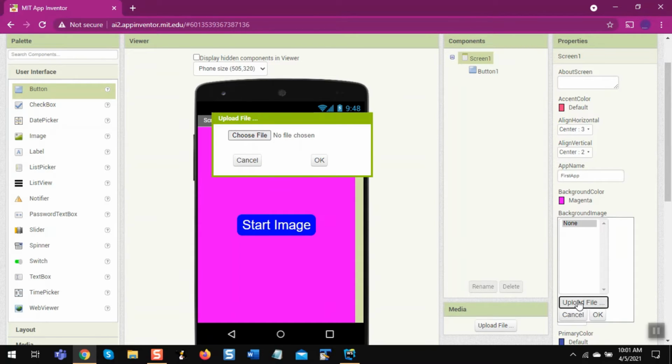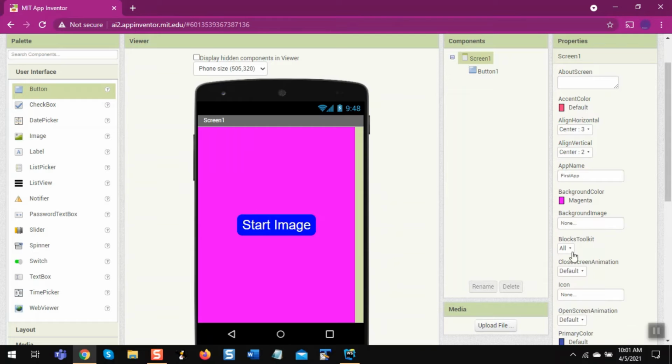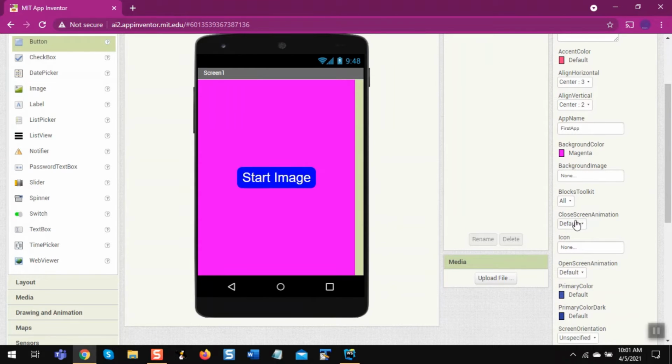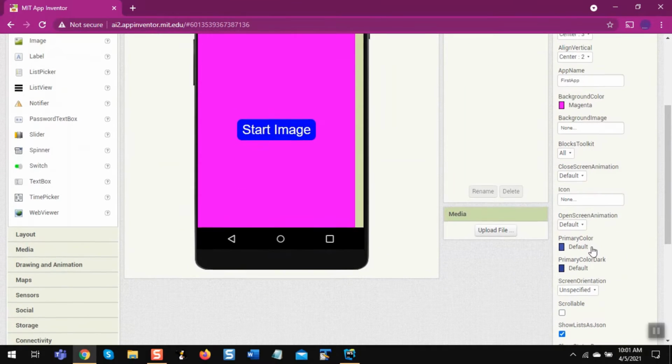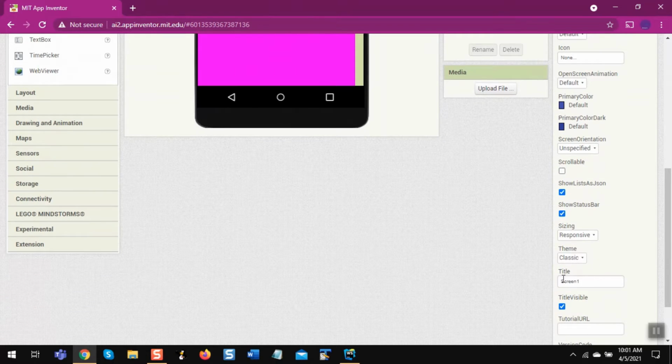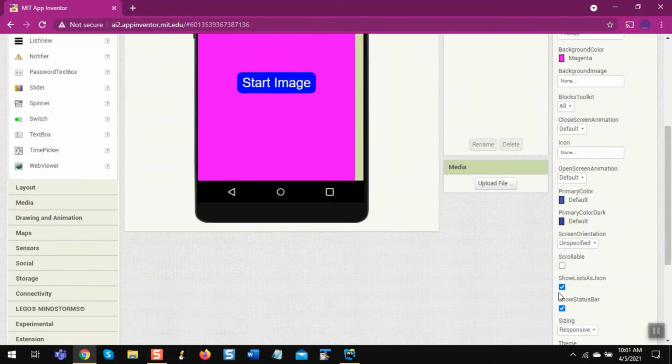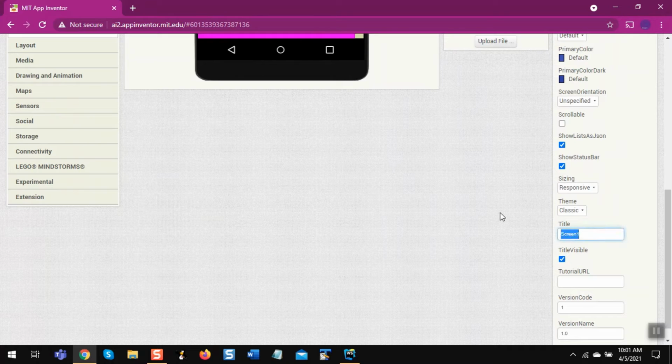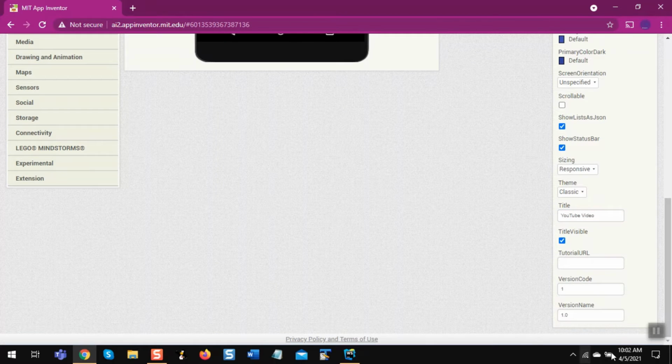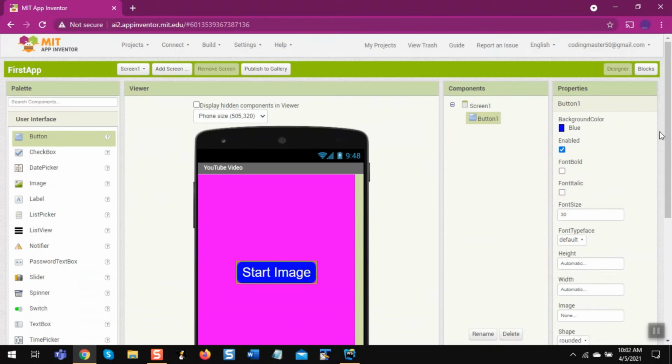If you click on upload file, choose file, it will redirect you to your OneDrive and you can choose any picture from there. Then these two are not important. Then title: this title is Screen1, so I'm going to change it to YouTube video. Okay, now button 1 we did.